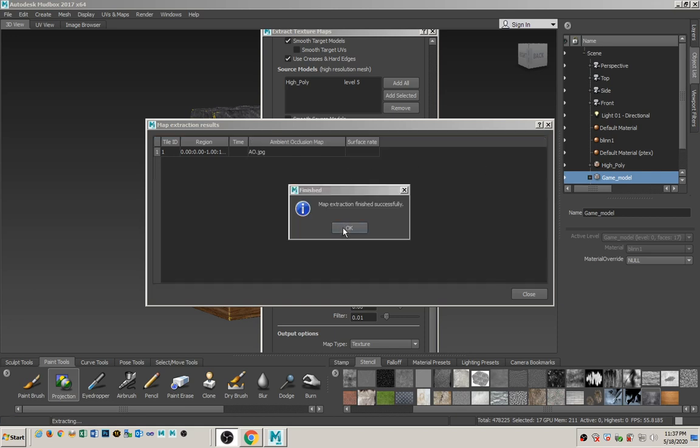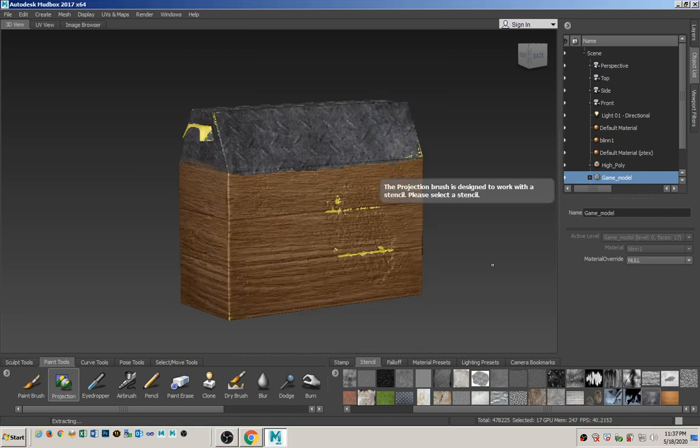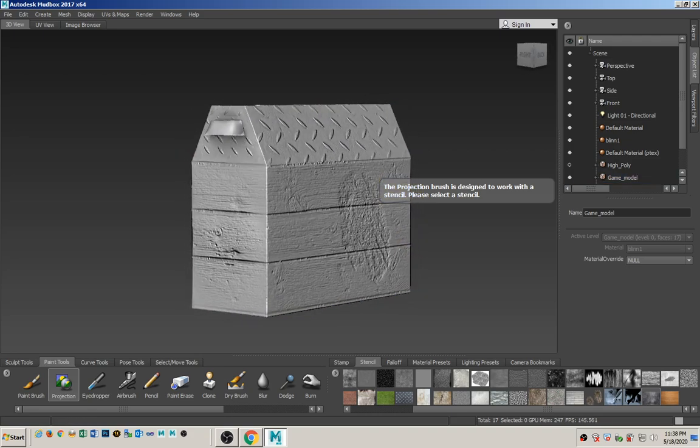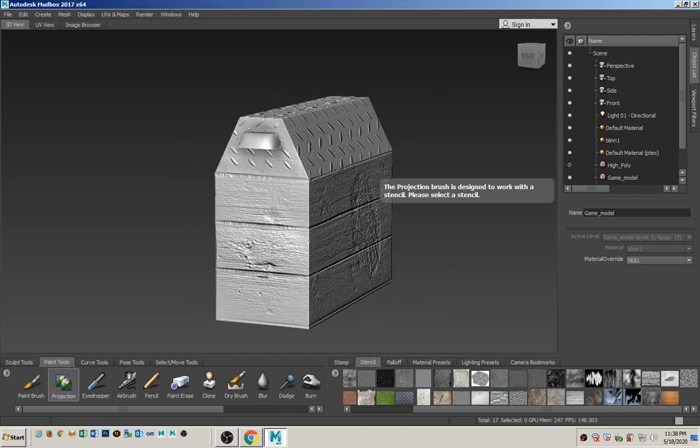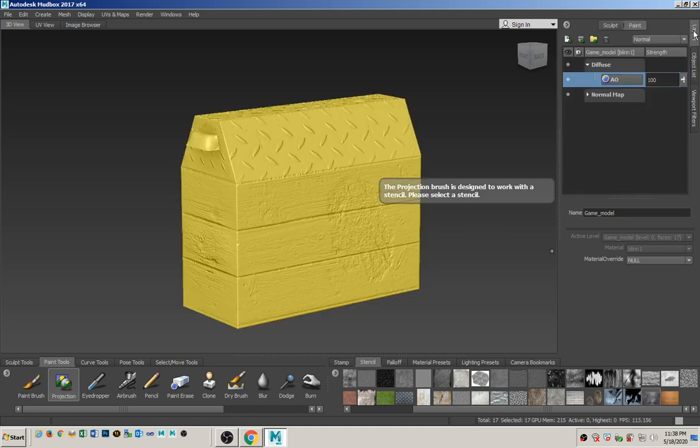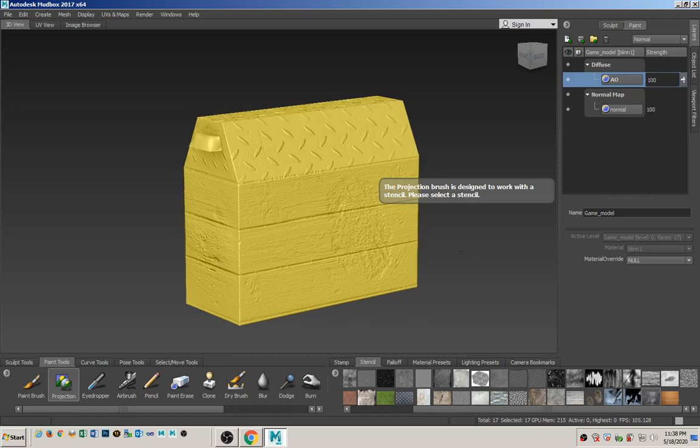Okay, so that map is done. Let's see how that one looks. Let's turn off the high poly model. Okay, and then hit Control D to deselect. And now you can see that in the cracks and the crevices, like between these lines, we now have dark lines. And just so you can see that, let me go ahead and select the game model and then go to the layers. We can see that this is where it's putting the maps. Okay, so if I turn AO, let me hit Control D one more time. If I turn AO off,